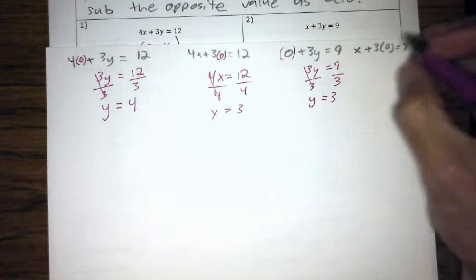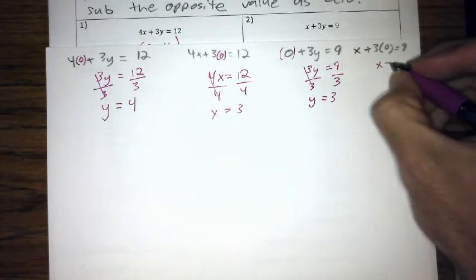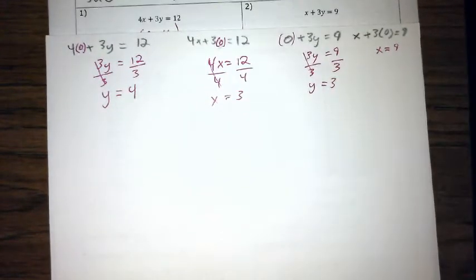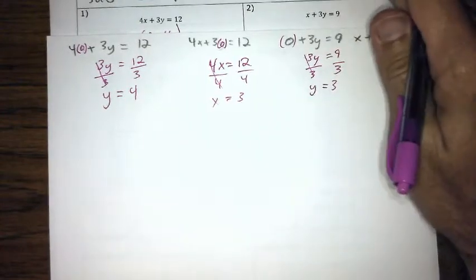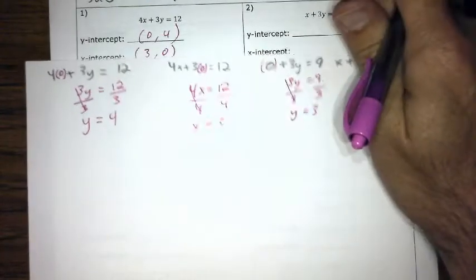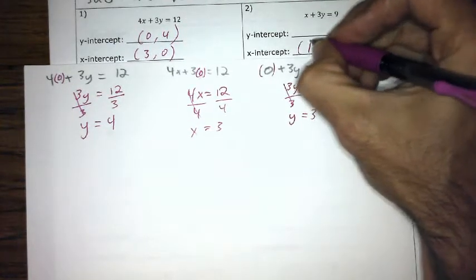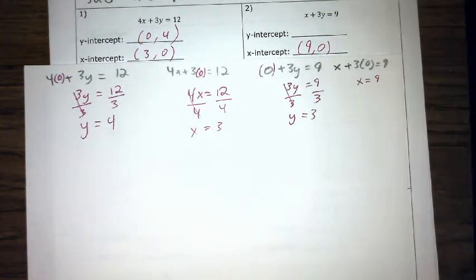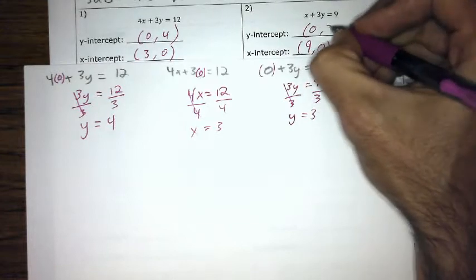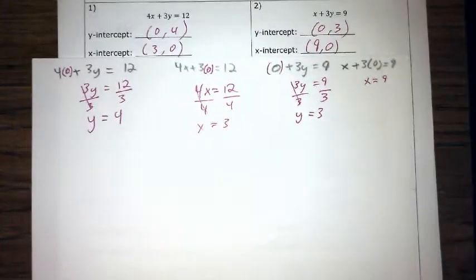Alright, so that would be x equals 9. Find it real fast. Okay, so we need to make sure that we put them down as points, right? So that x would be 9, 0, and that y would be 0, 3. Okay? To graph it,